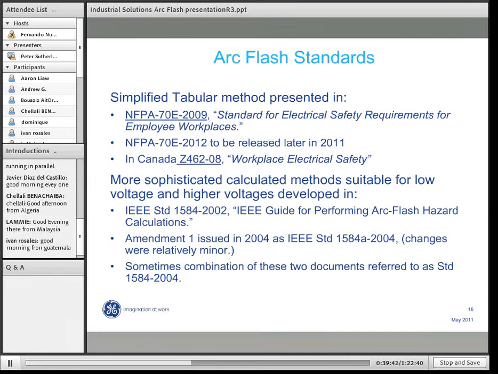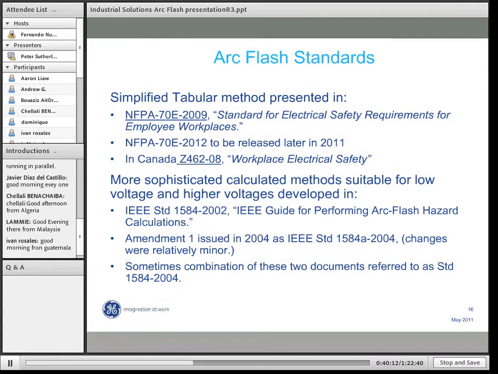before you have an arc flash study done and labels, then you want to know, okay, what protective gear should I wear? What precautions should I take? And in the standard NFPA 70E in the United States, and there's a similar standard in Canada, there is a table which lists